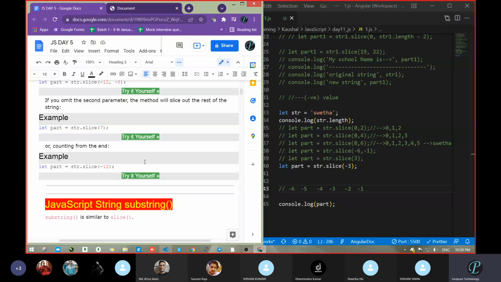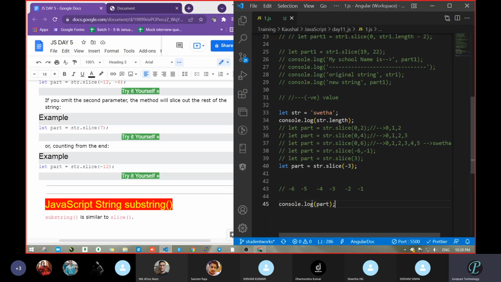See, total 3 cases we had seen. What were the cases? First we take str dot slice. First case we had taken a positive value. Second we took a negative value.